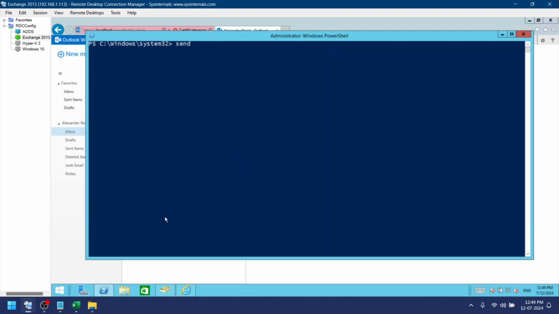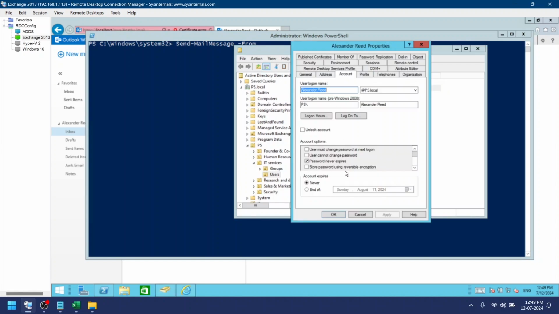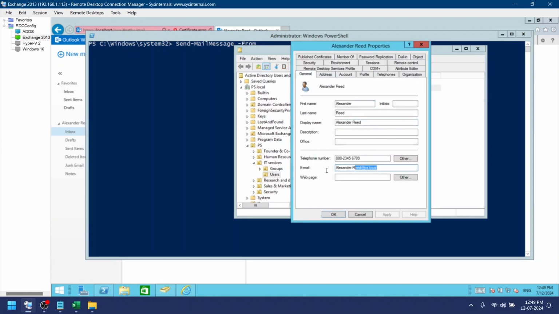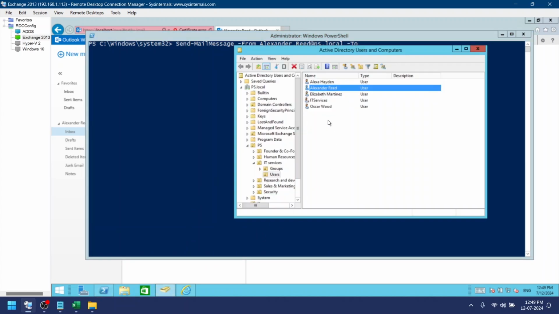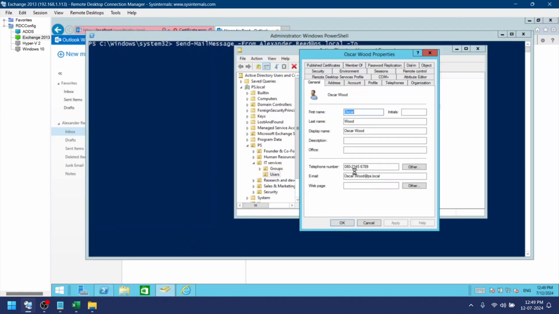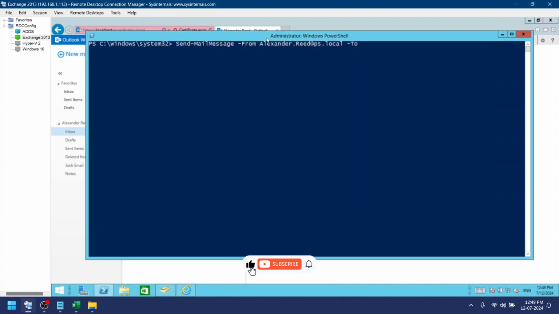Let's use the send mail message commandlet and we'll enter from as Alexander. Let's copy Alexander's email address and we will send it to Oscar. So let's go to Oscar and copy his email address and paste it in a two, and then we will enter subject as test email